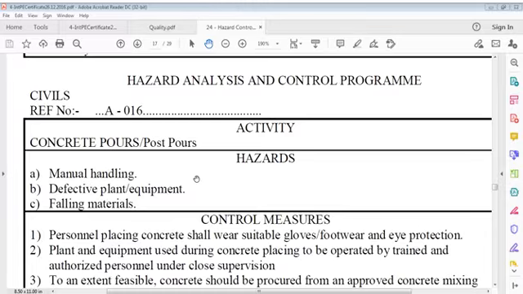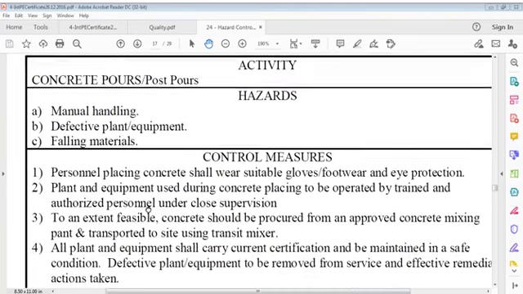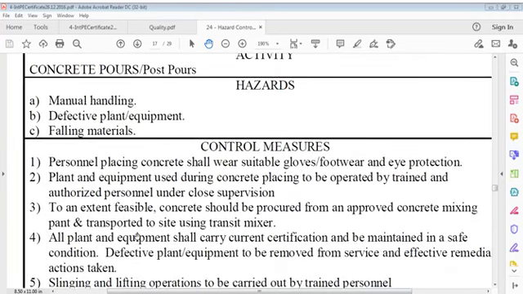And in this, we can say, the hazards are manual handling, defective plant equipment, falling materials, but let us say it's much more because we have to pour concrete, and concrete is a very heavy material, it's wet material. It's not solid, just put on and fix it. It's received wet from our equipment, from our batching plant. There are two processes, one for ready mix and one for site mixing. Before going further into considering hazards, we have to know the background and their